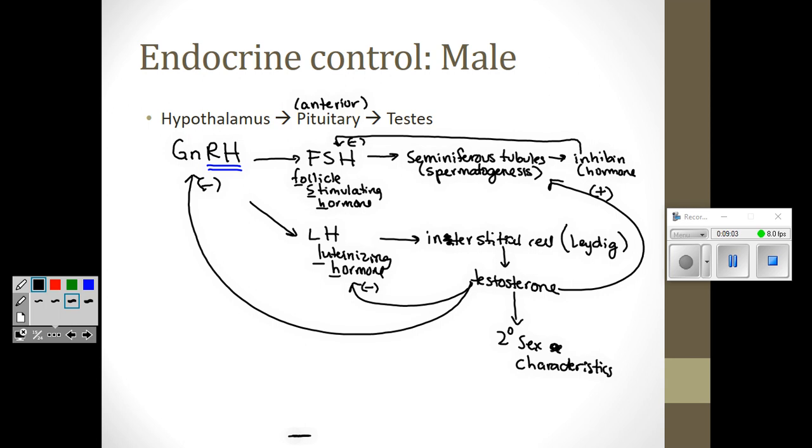You should recognize that FSH and LH have different target tissues inside of the testes, so a different part of them is being affected by FSH versus LH. And you should also recognize that GnRH stimulates both of them. So if something is inhibiting GnRH, it will be inhibiting both FSH and LH production, generally not just one of them.